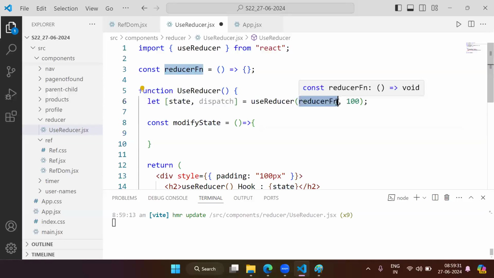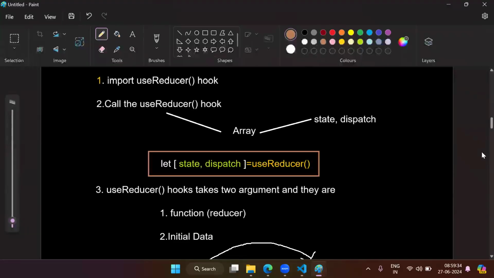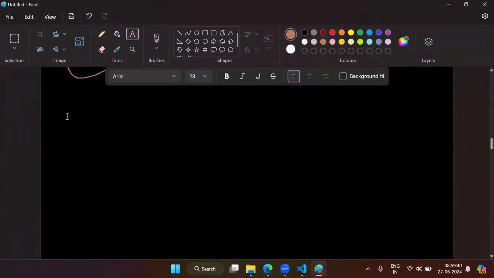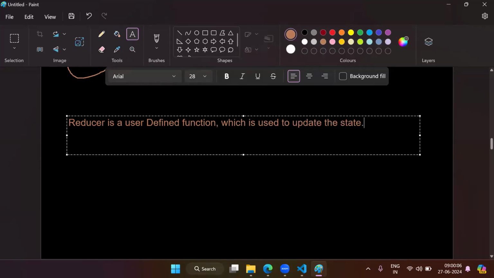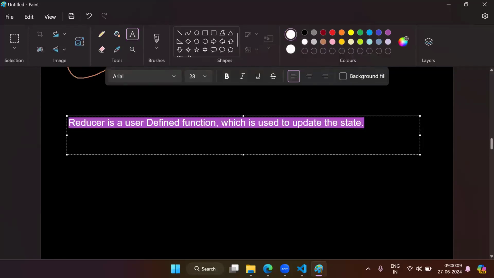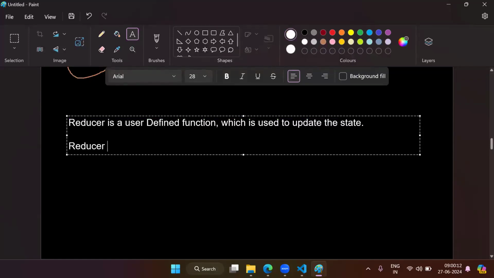Using this reducer function. Now what is reducer? Reducer is a user-defined function which is used to update this state. Reducer function